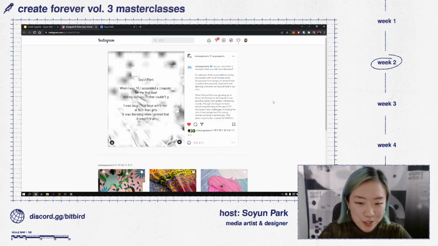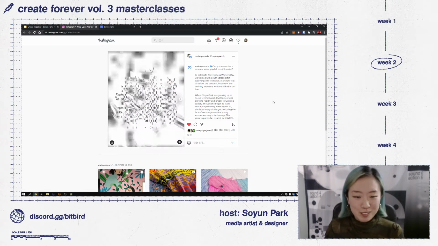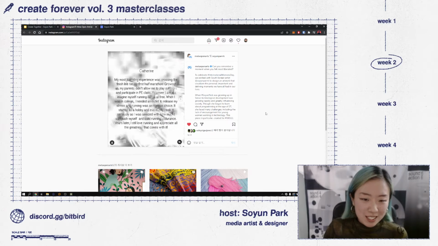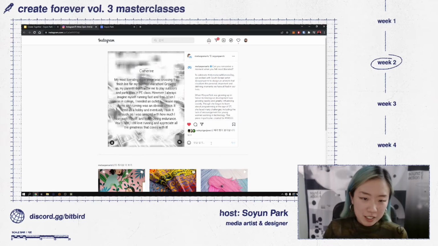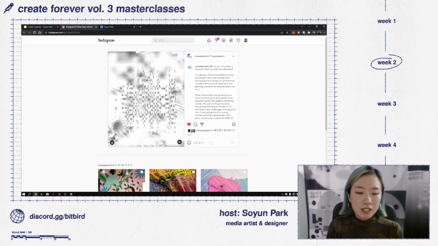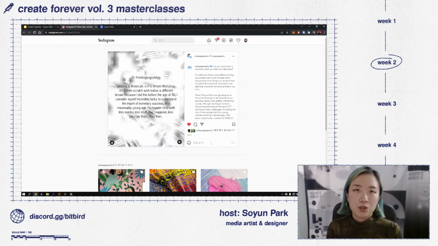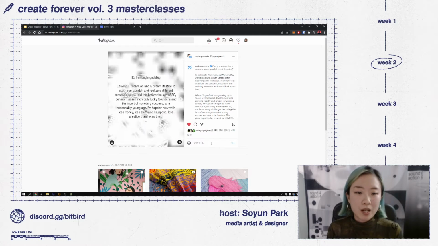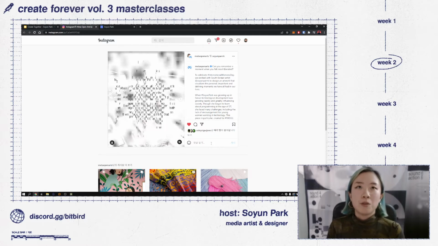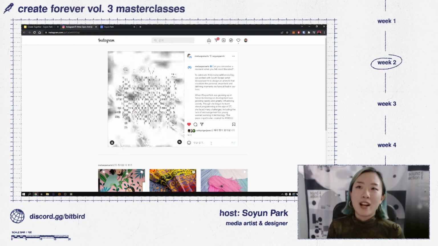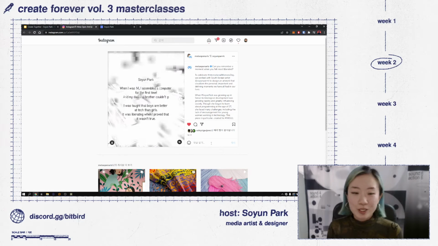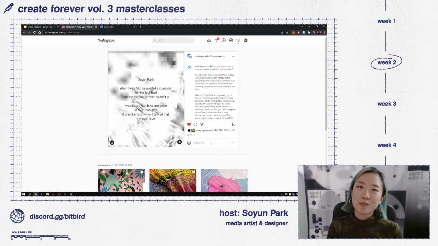I will show you the skeleton of this file a little bit later, but this is what I made with TouchDesigner, with the different texts that I collected from people, with the question of what was the most liberating moment in your life. So in my case, it was when I assembled my first computer when I was 14, and my